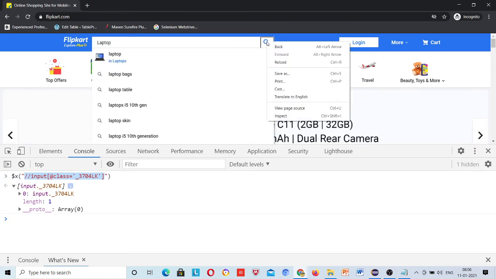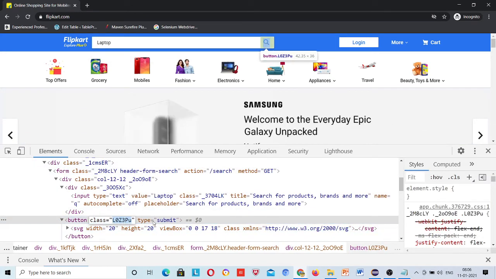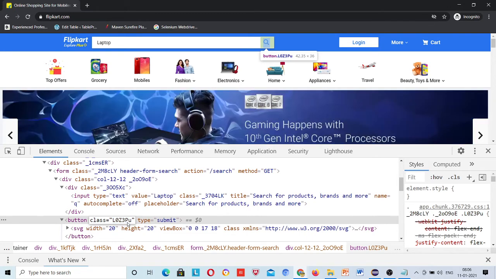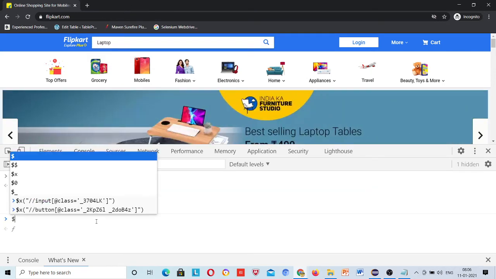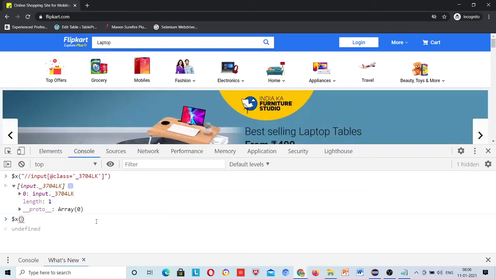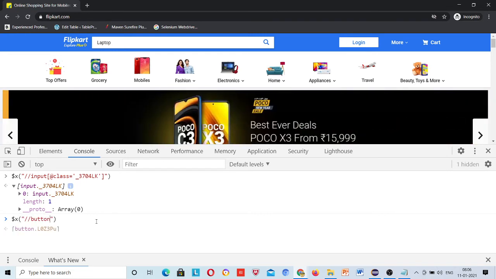Okay, now next, after typing laptop here, what do I have to do? Click on this search button, right? So that it will search now. So this is your class for that, and tag name is button. Quickly write $x, button.